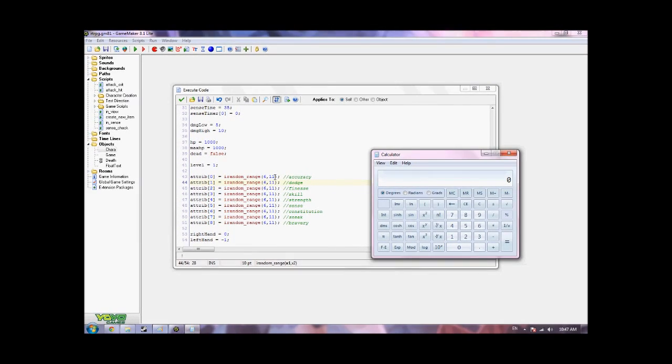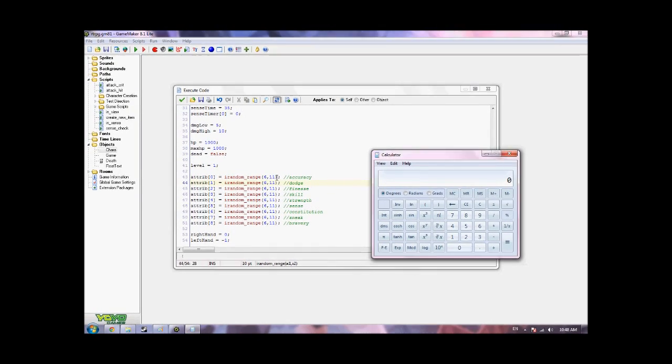So I just divide dodge in half and say accuracy from 1 to 11. If they're both at 6, it would give you 1 to 6 on accuracy, and I would give you 3 on dodge. So you'd have a 3 in 6 chance of hitting, and that's a half chance. That's a coin flip. But if accuracy is 11,